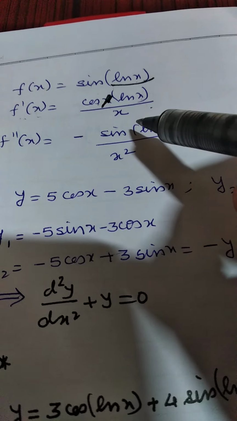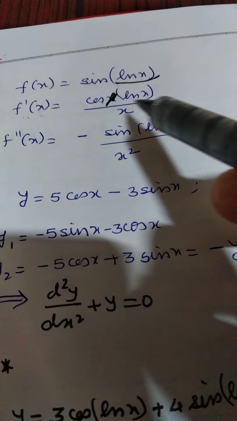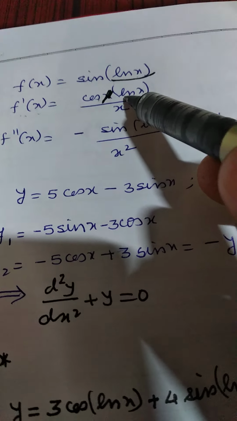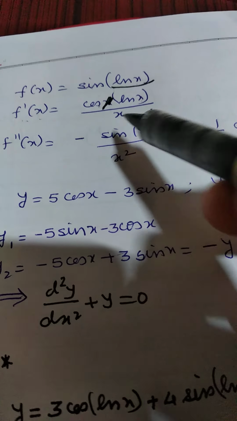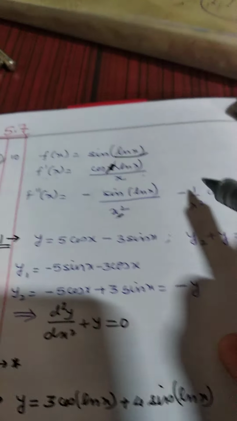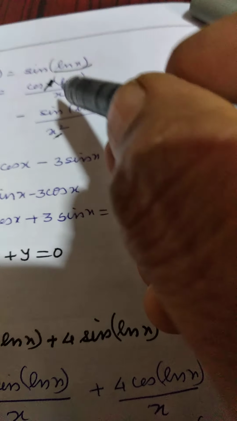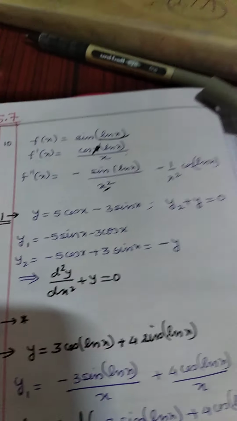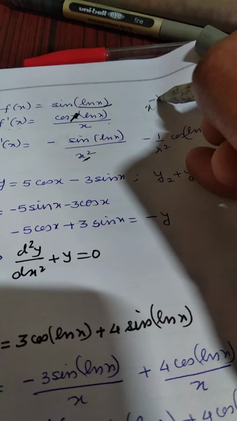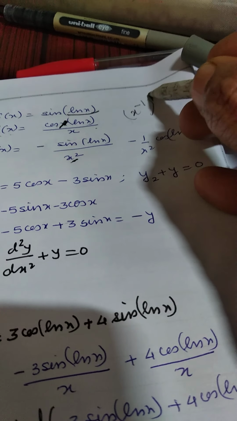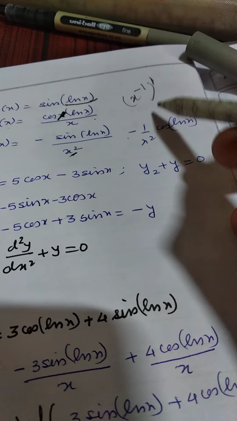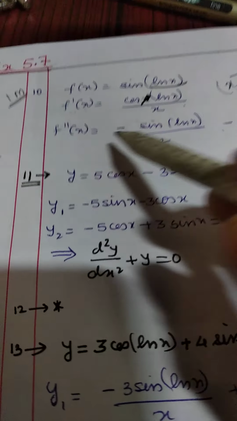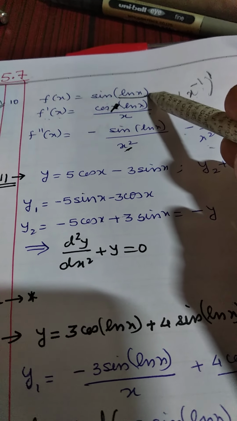Now, once again this has to be differentiated. So I'm differentiating cos function. So derivative of cos is minus of sine of log x, then the derivative of log x. Log x derivative is 1 upon x, which gets added up with this x, and that gives you x square. Here this is the derivative of 1 on x. 1 on x takes the form x to the index minus 1. So the derivative of this is minus 1 times x to the index minus 2. So that I have written it as 1 upon x square with cos of log x. So this is the second derivative of sine of log x.